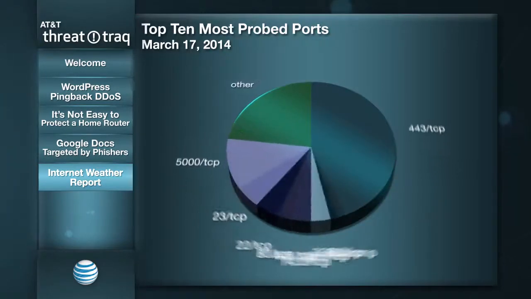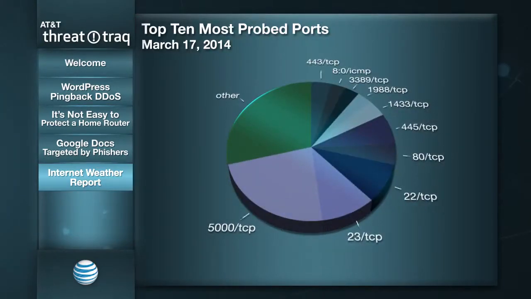Next item here is our standard pie chart, basically looking at the most probed ports. As we've already talked about, port 5000 is at the top of the list. Port 23 is next in line here. We're going to take a closer look at that in a moment, followed by port 22, 445, port 80, port 443, so scanning for websites, port 1433, Microsoft SQL database, port 3389, that's remote desktop